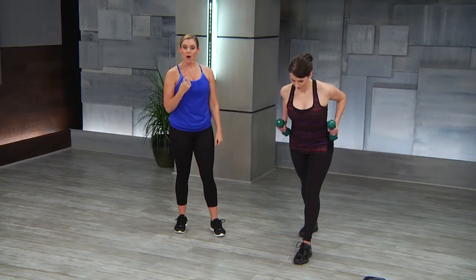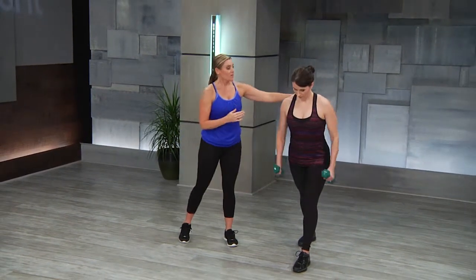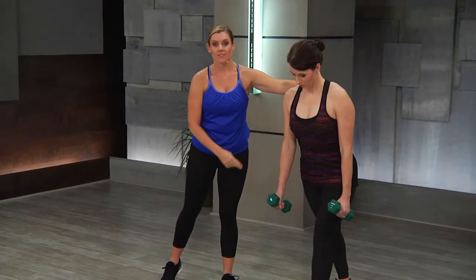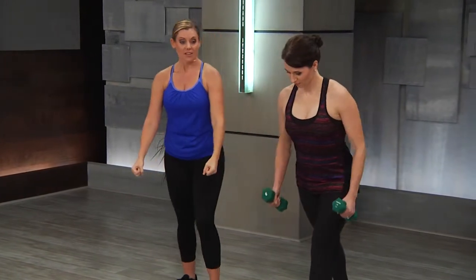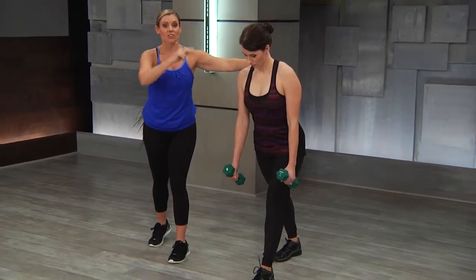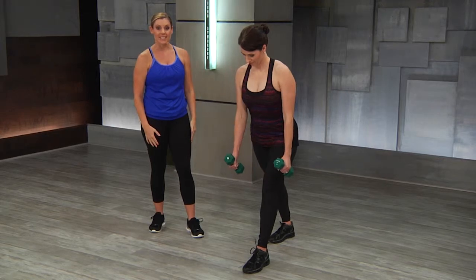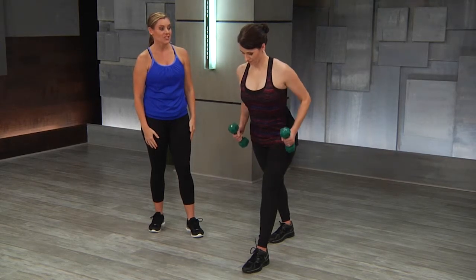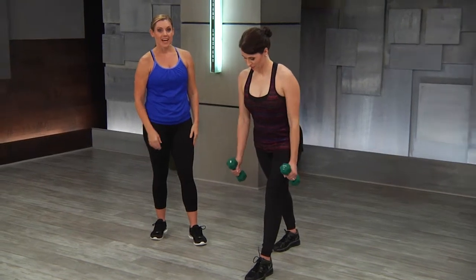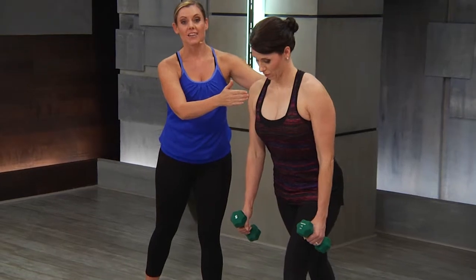So for the 2-arm dumbbell row, we recommend a stagger stance, one foot in front of the other. And this will allow your participants to keep a nice, long spine. You'll see Darcy's doing the same thing as Mark did, pulling right to the rib cage, squeezing the shoulders together. And then you're going to see the same thing in stagger, is that we want the length of the spine